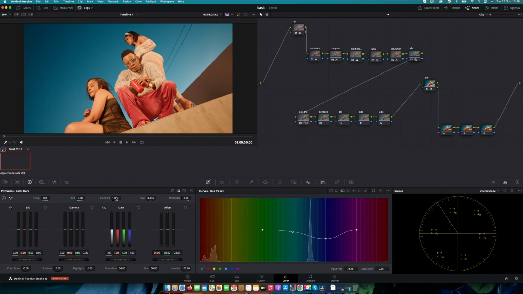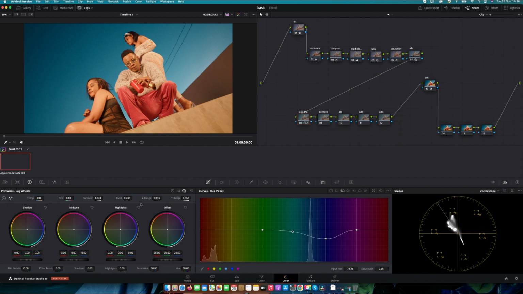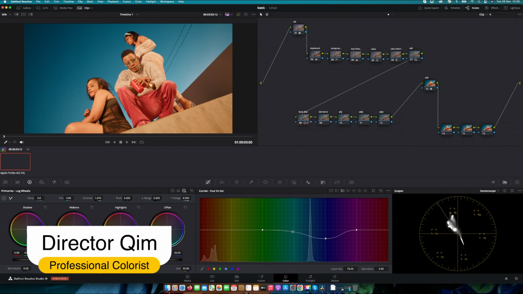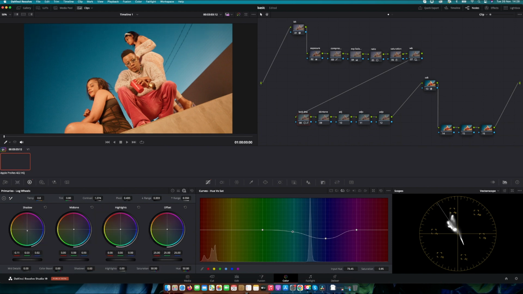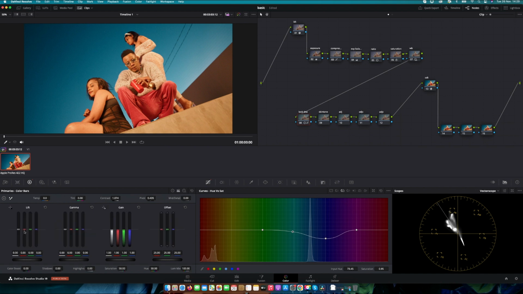All right, let me try something a little bit extra to my shadow, and I can come here. I can pull my shadow into this place. Let me try to come to my lift, pull down my